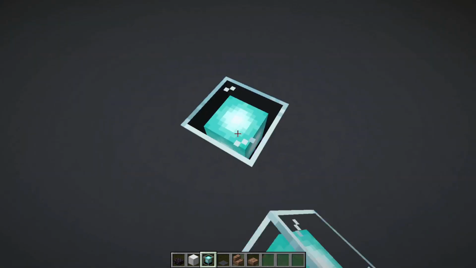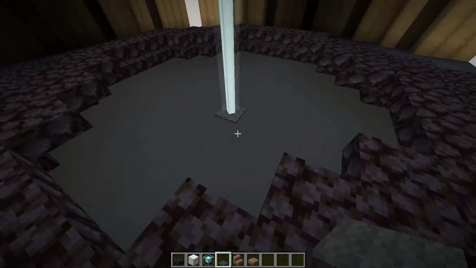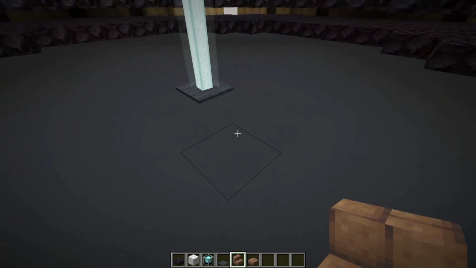Now place a beacon on top like this, and it should power. There we go, perfect. And now all you need to do is place a grey carpet on top like that to hide the actual beacon block underneath. So now grab yourself some mud brick, stairs and slabs, and we're going to be creating the base of the